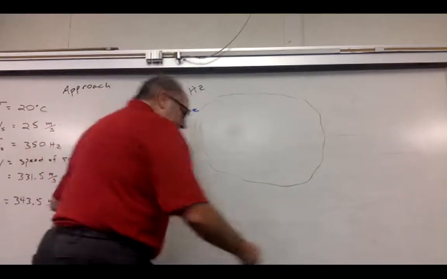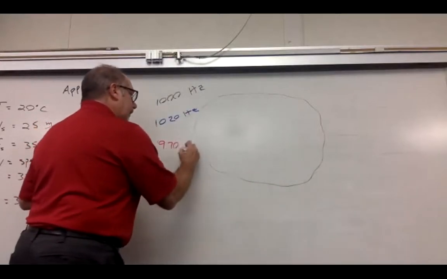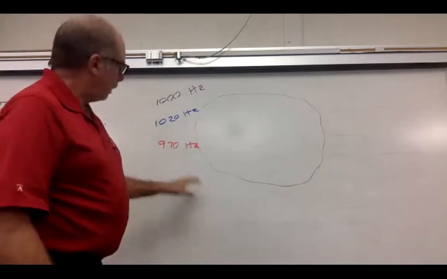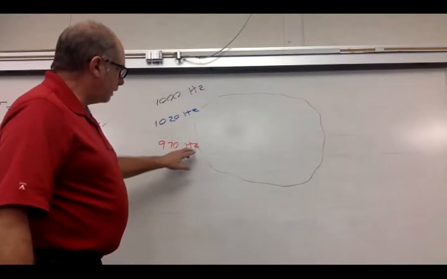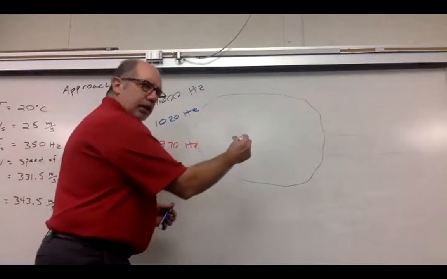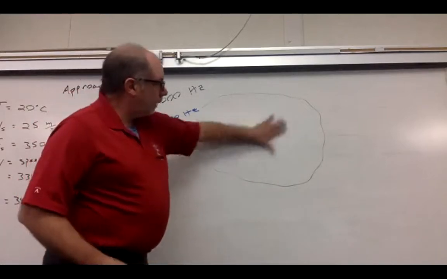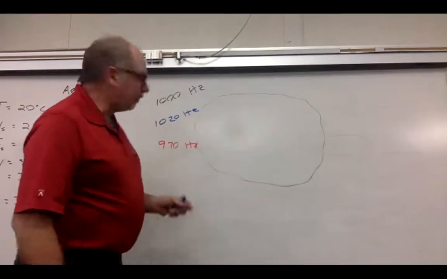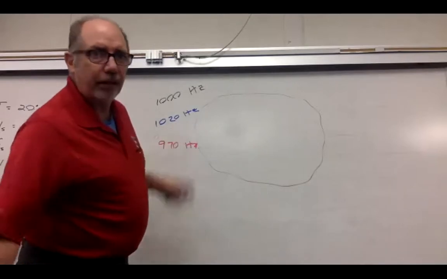Okay. In other parts, they might get a signal back and it might say 970 hertz. Okay, a lower frequency. That would come from a raindrop and wind that was going away from the observer. And you can program a computer to say, okay, for our wind profile, color all the stuff that's lower in red, color all the stuff that's higher in blue.